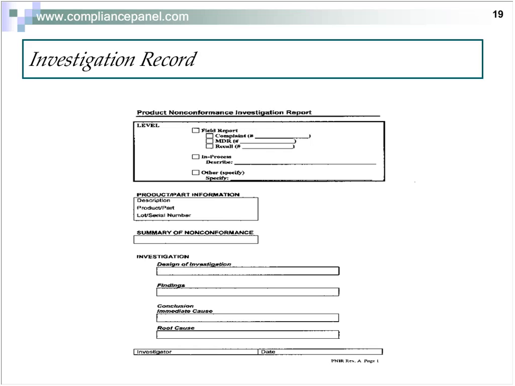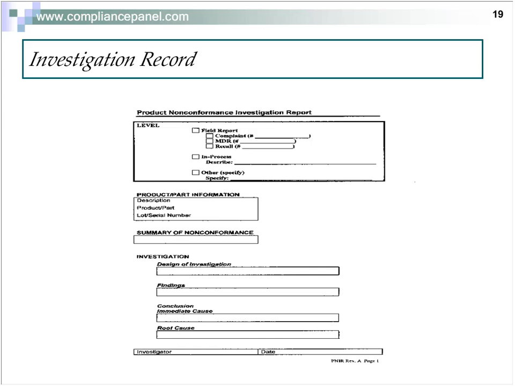After you've determined the origin of your nonconformance, a little product and part information, please. What's the description? What's the product or part? What's the lot or serial number? Was it from a particular work center or an employee? Any information you have with regard to the actual thing that was nonconforming. Then a summary of the nonconformance. If you have a complaint, feel free to copy the specifics of your complaint. If it's a trend, say, second quarter 2009 trend of PC board assembly too high, there's your summary of nonconformance.